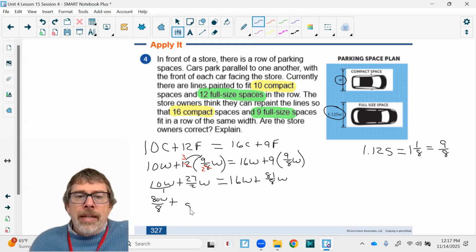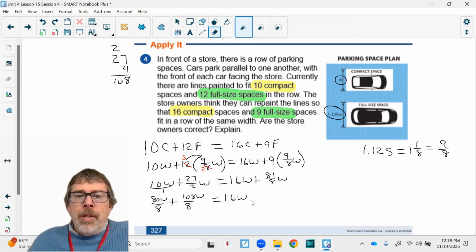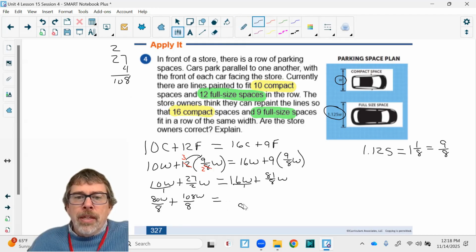Plus, I want to make that 2 into 8. In order to get 2 to be 8, I have to multiply by 4. And 27 times 4 is 108W. Okay? And that has to equal 16W. But again, I want to make fractions with eighths. So 16 over 1 becomes an 8. I have to multiply 16 times 8, and that comes out to be